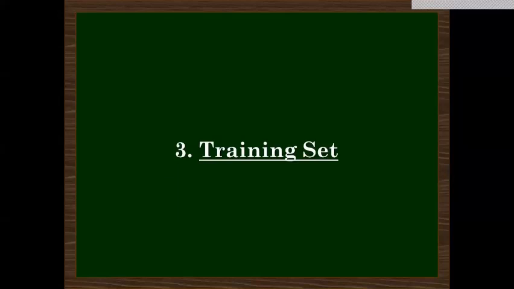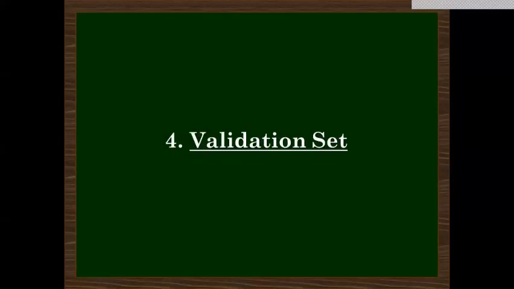The next term we use is the validation set. It is a sample of data used to provide an unbiased evaluation of the model fit on the training dataset while tuning the model hyperparameters, a parameter whose value is used to control the learning process, which will be further seen. It is also called the development set. So if the validation set is too small, then the evaluation metrics like accuracy, precision, recall, F1 score, other terms which will be later on seen, will have a large variance and will not lead to the proper tuning of the model.